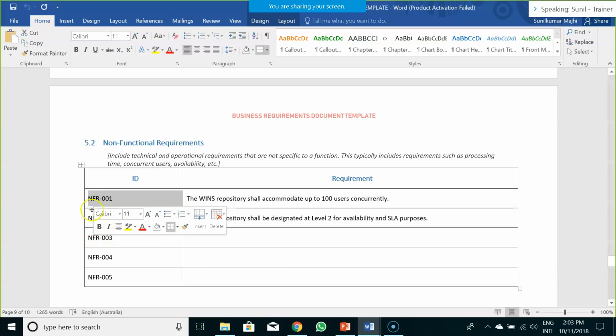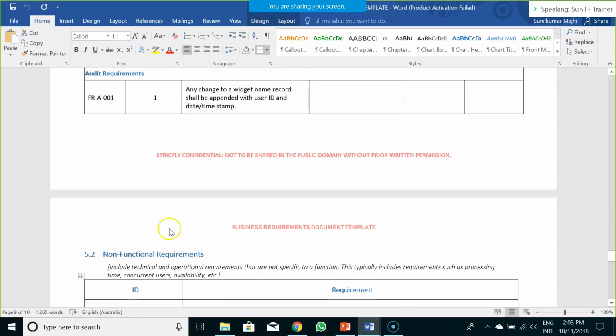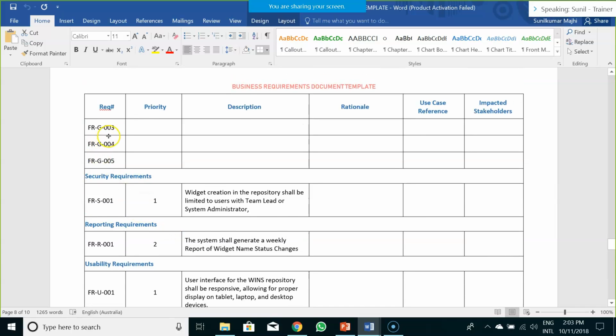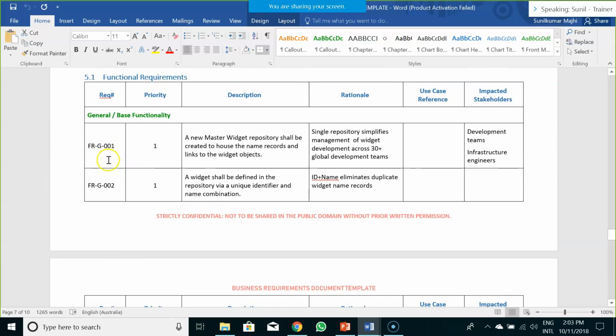Always keep in mind these IDs need to be unique. You cannot repeat this ID throughout your business requirement document, or for that matter throughout that particular project. If any issues happen at a later point of time in a project, the business would always come to you with this requirement ID. They won't come to you with this particular one-line or two-line requirement. They would always refer to this requirement ID. So ensure whatever requirement ID you give, you give it in a very calculated manner.